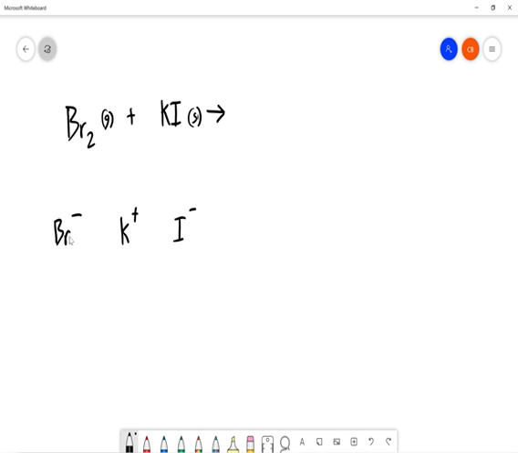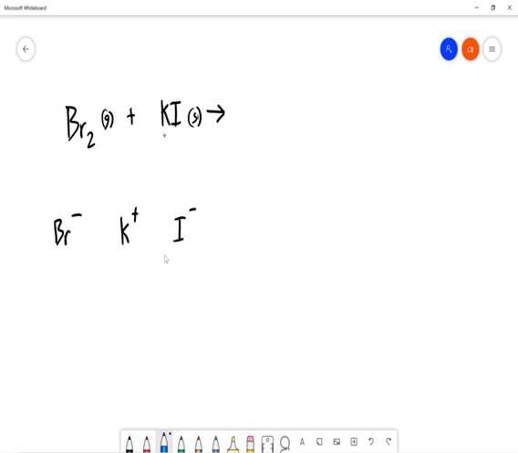Bromine will form an anion, bromide, which has a -1 charge. Potassium, looking at the periodic table, forms a +1 charge, and iodine forms iodide, the -1 charge anion. Now, we can't have a combination of bromine and iodine because they have two negative charges on their ions. So what we have to have instead is